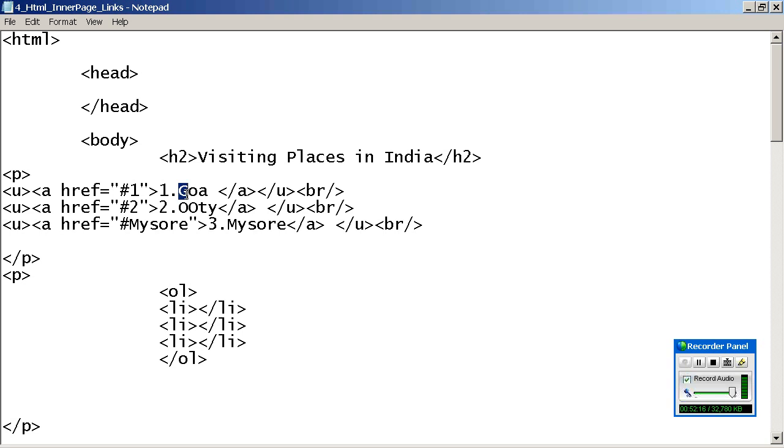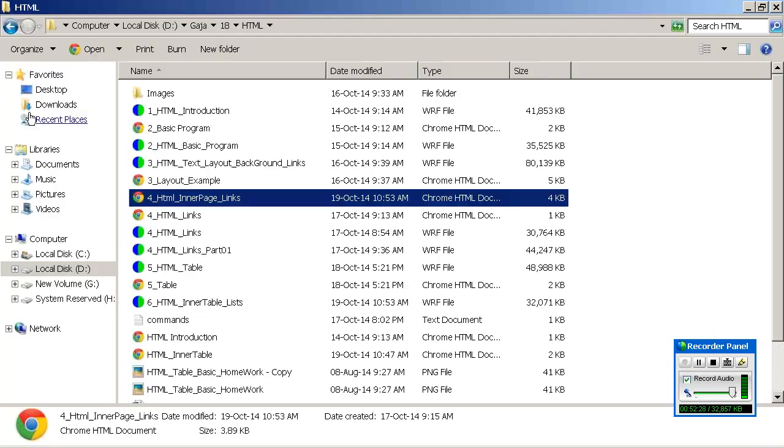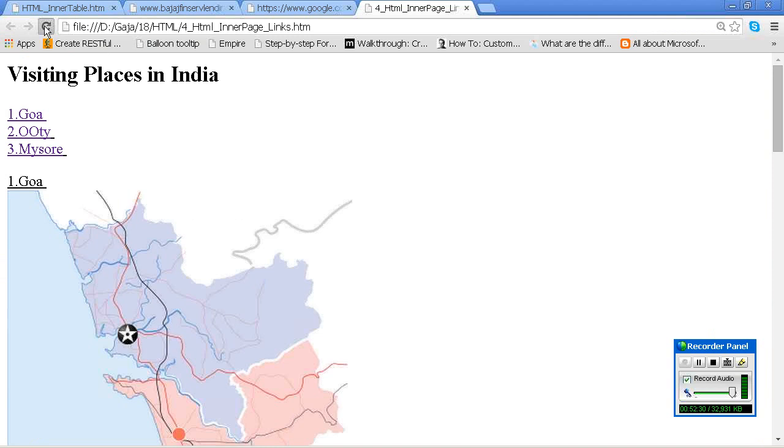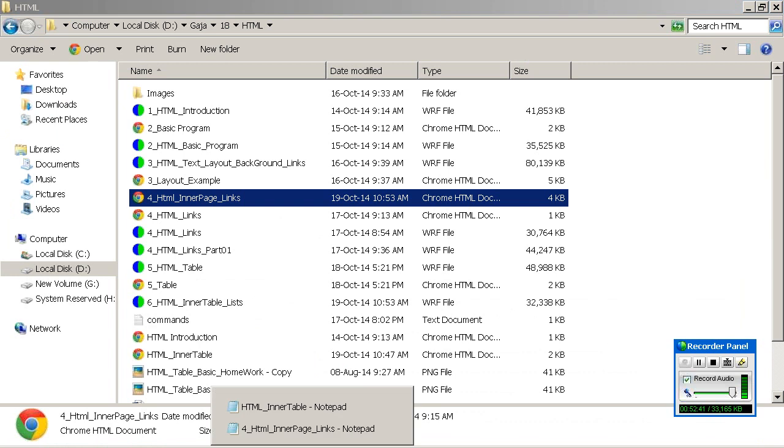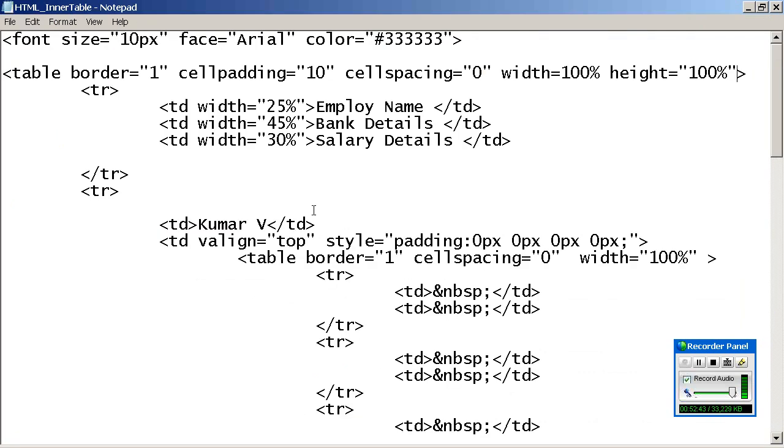Did I give the sequence? No. The ordered list gives an automatic sequence. Okay. Now it needs to have a hyperlink, right? Yes or no? Anchor tag. Close it.